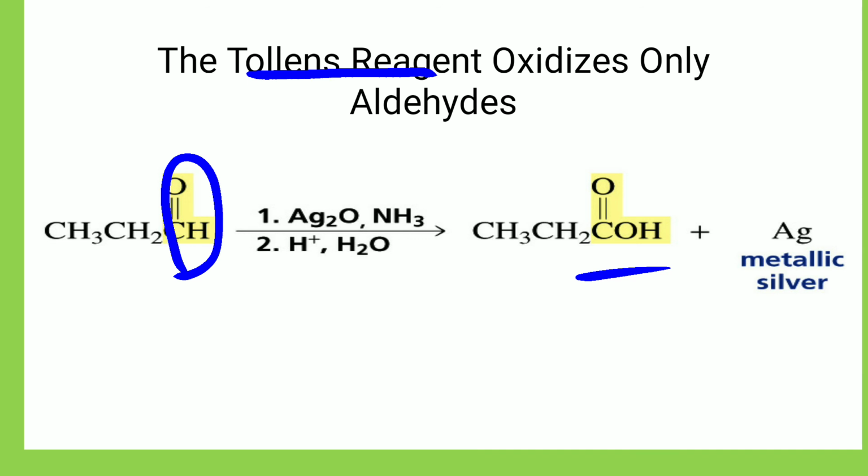That's why in your practical, whenever you are doing the practical, we use the Tollens reagent to identify whether our given compound is an aldehyde or a ketone. Okay, this is very important. Always asked in your examination: what is the Tollens reagent, and what is the use of the Tollens reagent. This Tollens reagent is mostly useful for the oxidation of aldehyde, not the ketone. The aldehyde with the Tollens reagent gets converted to the acid.